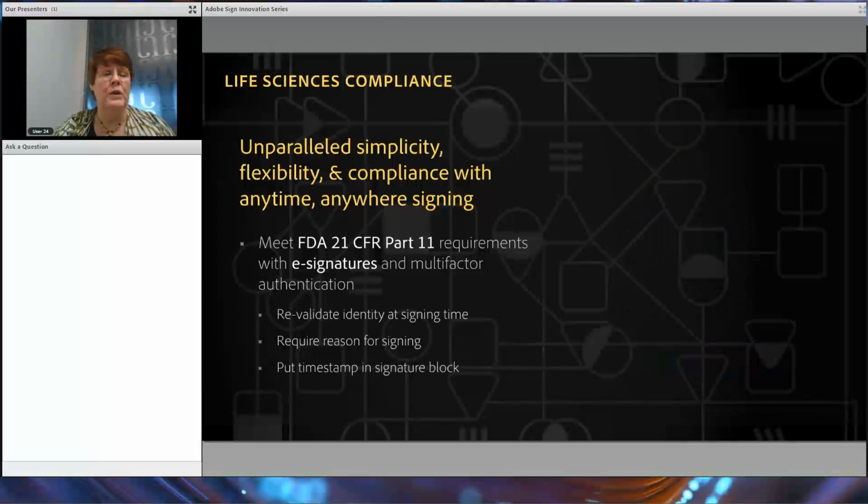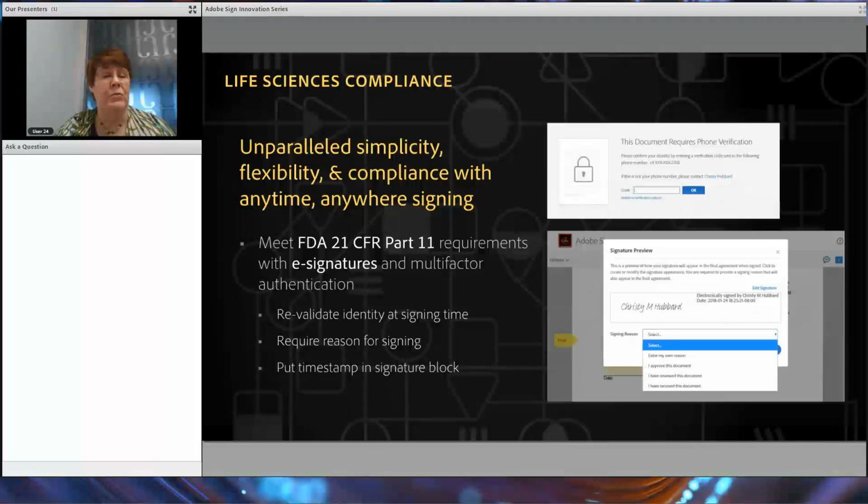But let's sort of dig in. What are the additional things that you actually have to do in order to be compliant with CFR? And there are three things involved. The first one is revalidating a person's identity at the time of signing. So we're all familiar with basically authenticating people before they open the document, and we're still going to do that. But what we're doing here is adding a step where there's an additional phone verification that happens at the moment